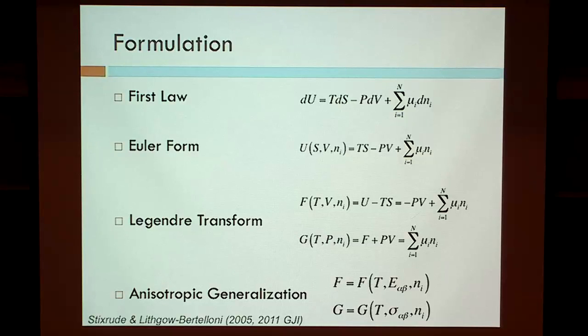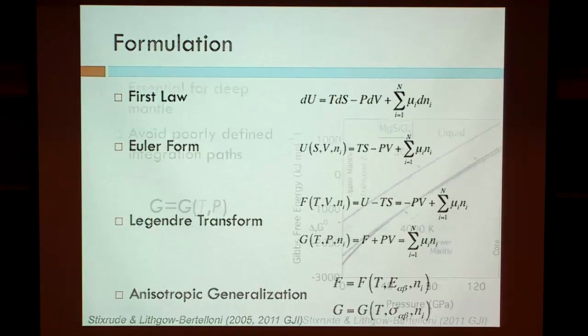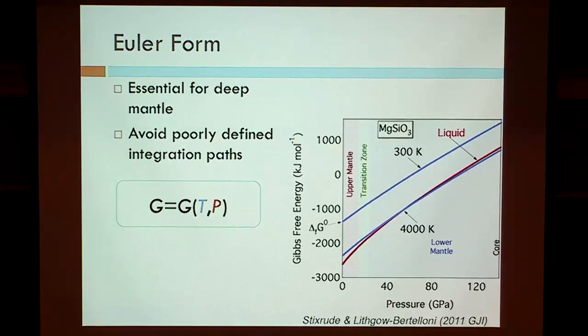The other thing I'll mention as we go through this in a little bit more detail in the next few slides is this anisotropic generalization. If you want to apply this to seismology or any process that involves deviatoric stress, not just isotropic stress, then you need to generalize volume to strain and pressure to stress. Okay. So the Euler form is important because it allows us to calculate properties across the entire pressure temperature regime